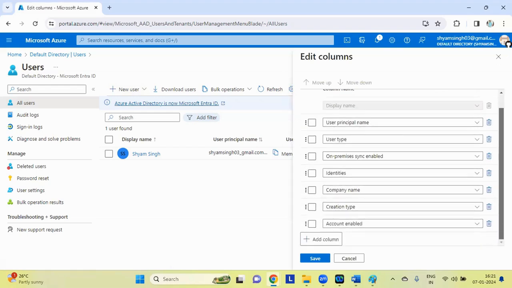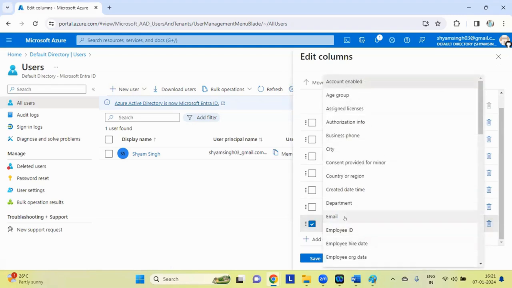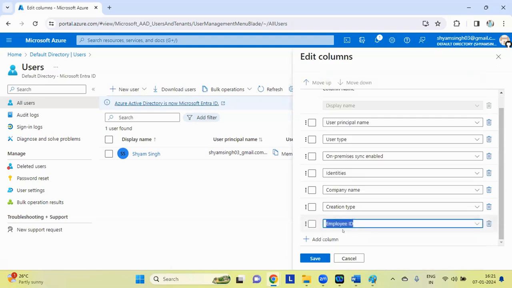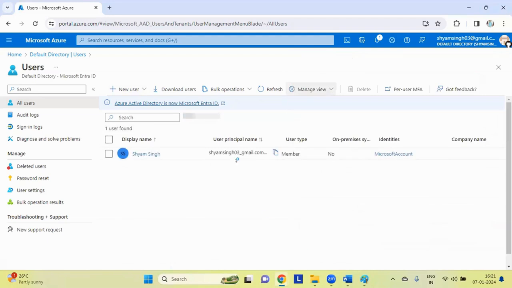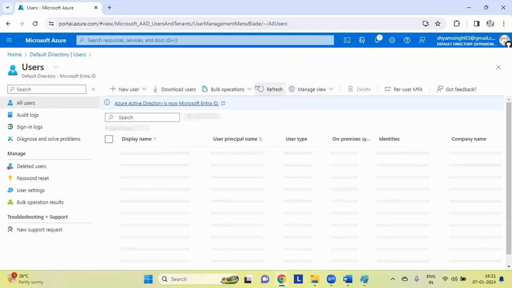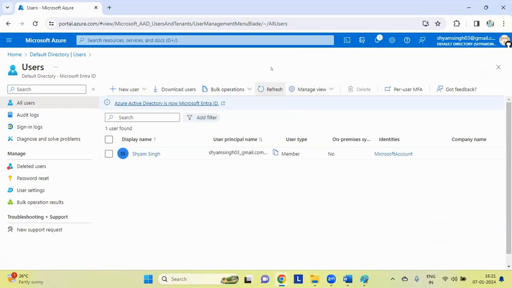Suppose employee ID, and then you can save. Okay. Now refresh. Okay. So this is how you are going to customize your dashboard.